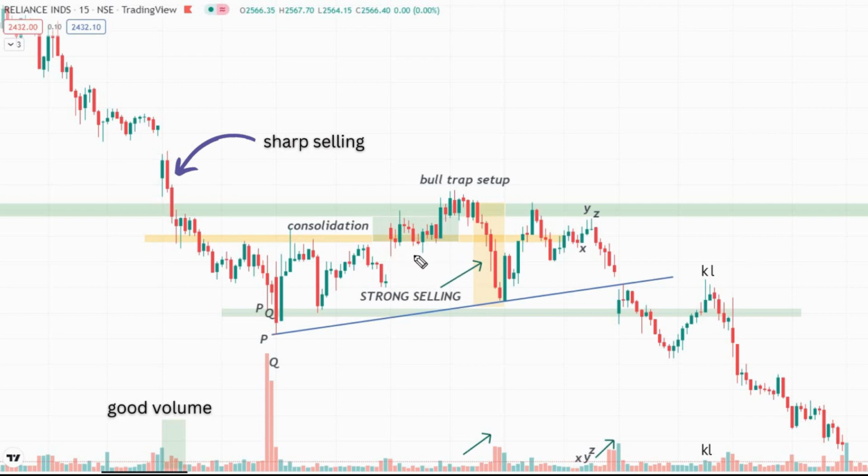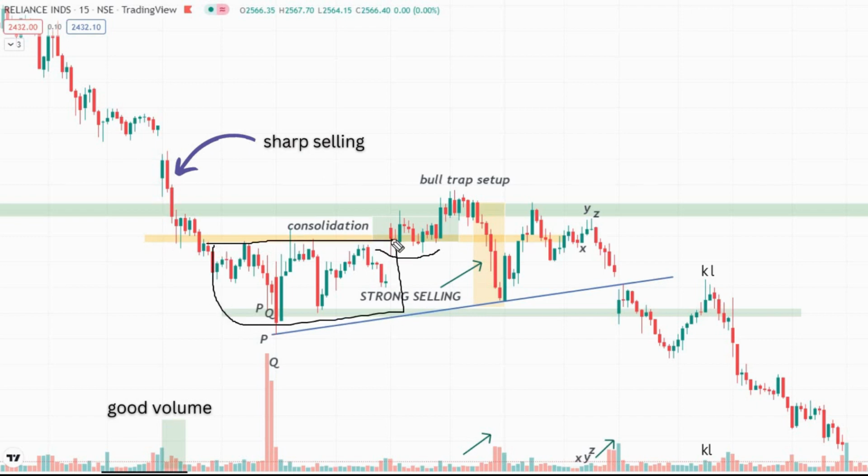See, from here sellers tried, but again buyers pushed the prices towards the upside. Here again they tried, but the candle closed around the mid range. So all these candles are indicating that bulls are dominating at these price areas. After this consolidation, what is our expectation? There was a range breakout